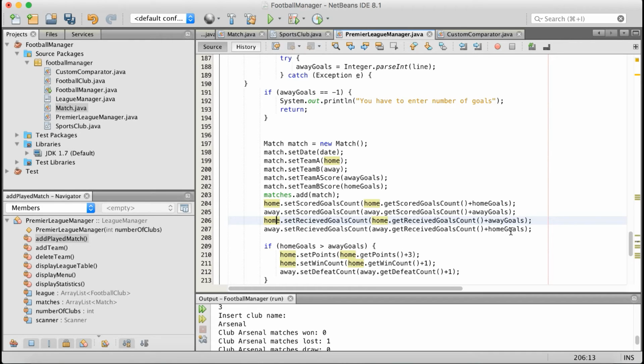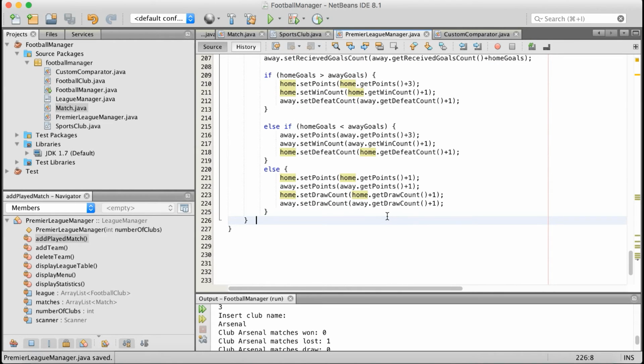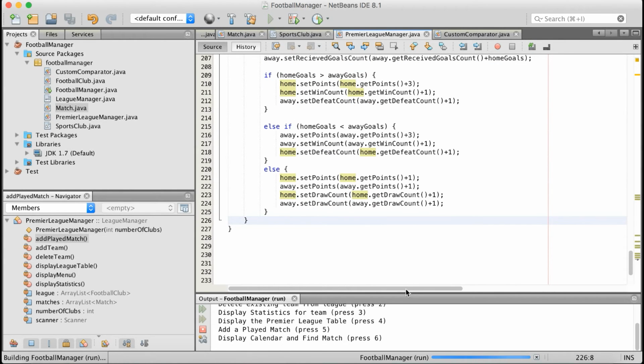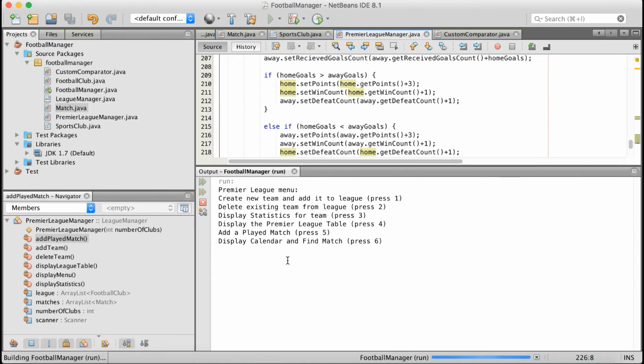So for example, if Chelsea got 3 and Arsenal had 2, what we're going to do is with Chelsea's received goals, we're going to plus it with the away goals, which is 2. So that was the error, which is why we were receiving a slightly mixed up result. So now if I just save this and I run it, okay, now if we try it now,